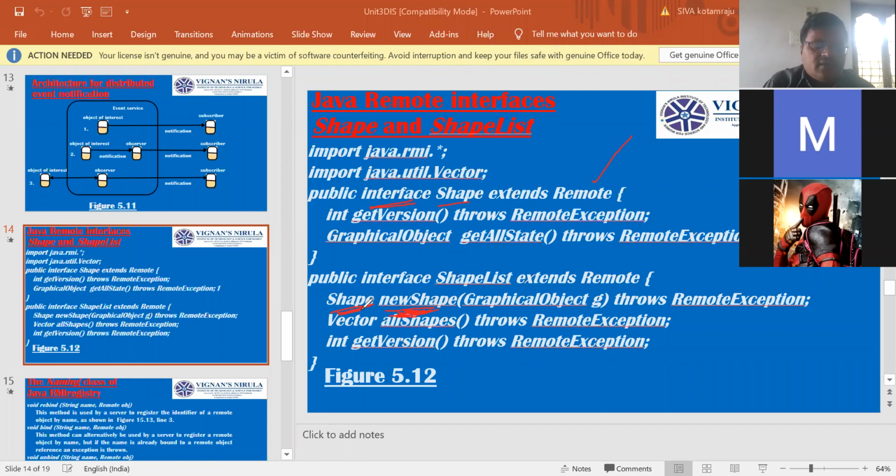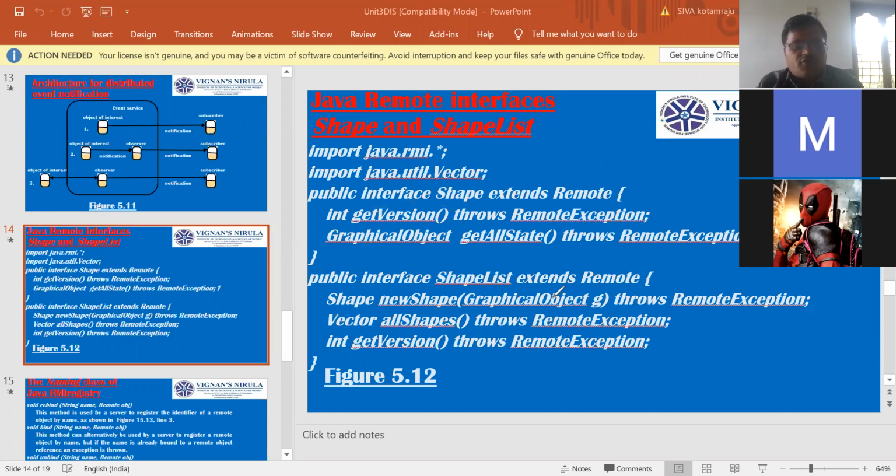Whenever a remote object reference is received, it can be used to make RMI calls on the remote object to which it refers. Any doubt in passing?